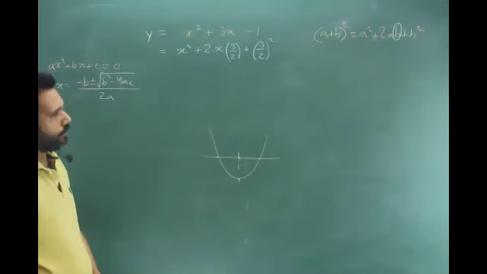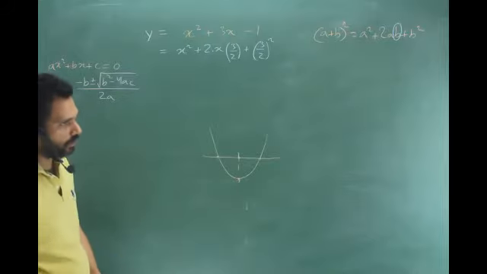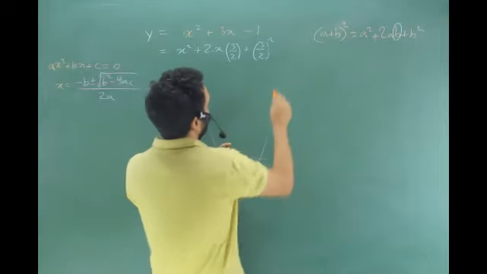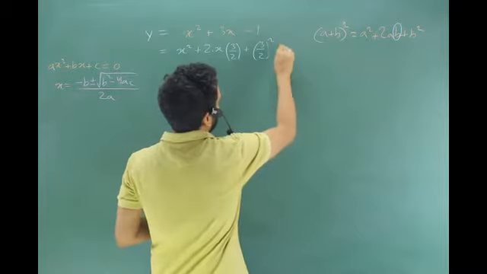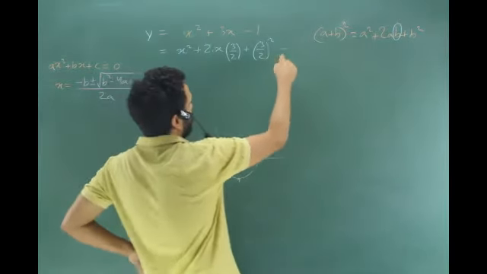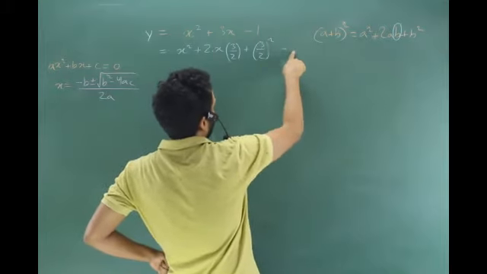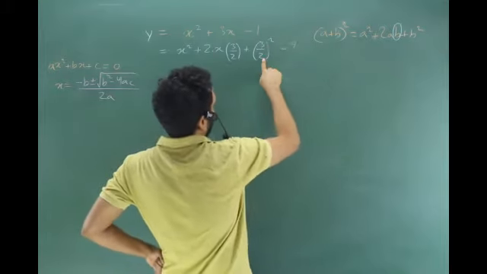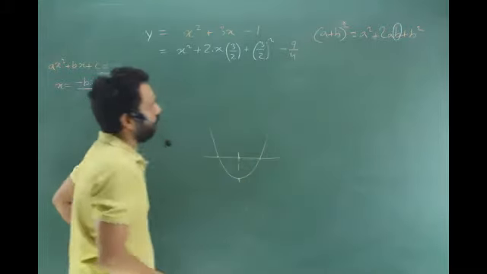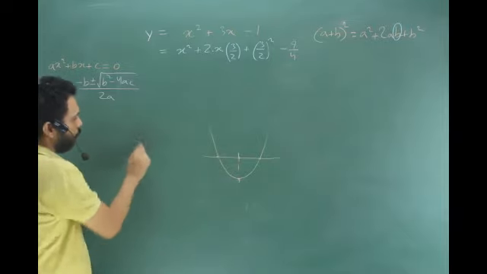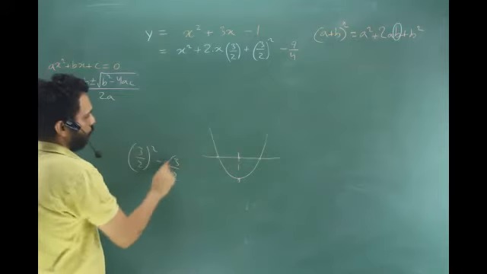If I put something, I have to remove it, right? Yes, sir. So I put a 3 by 2 whole square. In the same breath, I will remove it. Sometimes you make a minus something square and you make the minus also as plus. So I'll straight away square and put a minus. So 3 by 2 whole square is 9 by 4, right? So I put a 9 by 4, I have removed a 9 by 4. Get the point? I could have written 3 by 2 whole square minus 3 by 2 whole square.